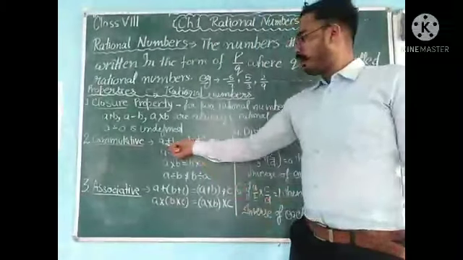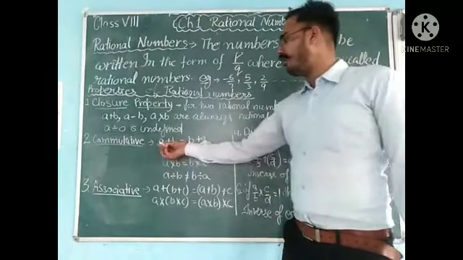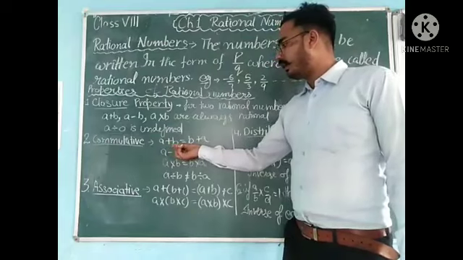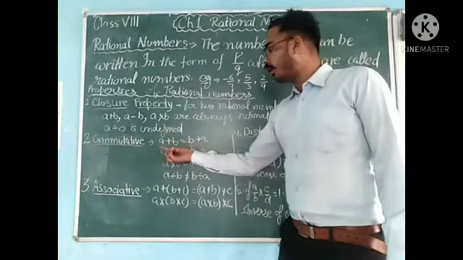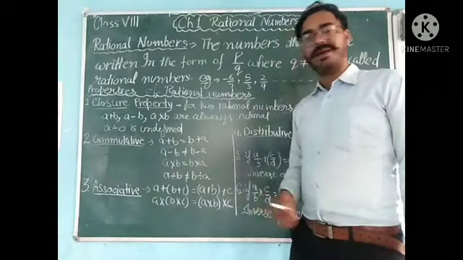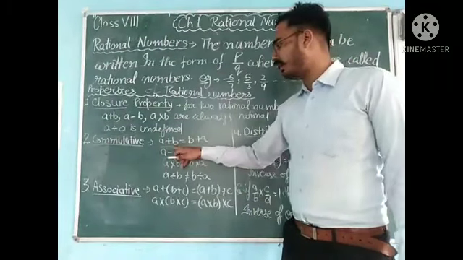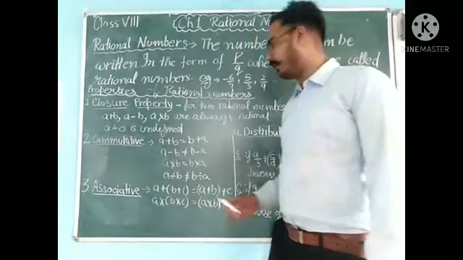So as we know, A plus B is equal to B plus A. If any two rational numbers are added as A plus B, it's also equal to B plus A. Order in the addition doesn't matter. अगर हम इनका ऑर्डर चेंज कर देते हैं, even then the answer will be the same. So that means the addition is commutative for rational numbers.